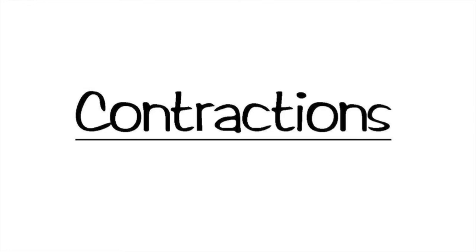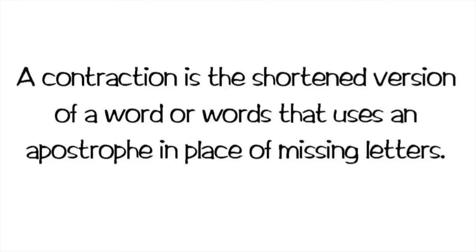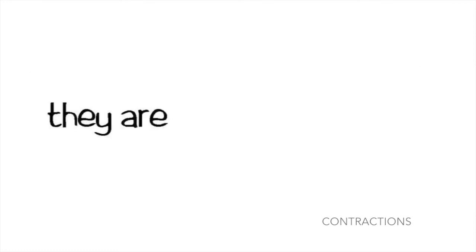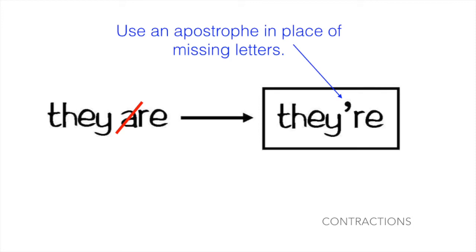Our last concept is contractions. A contraction is the shortened version of a word or words that uses an apostrophe in place of missing letters. So let's use they are, for example. So if we were to form a contraction with they are, we simply remove the A and place an apostrophe in place of where the missing letter is. Here's another example, it is. If we were to form a contraction with it is, we would end up removing the I